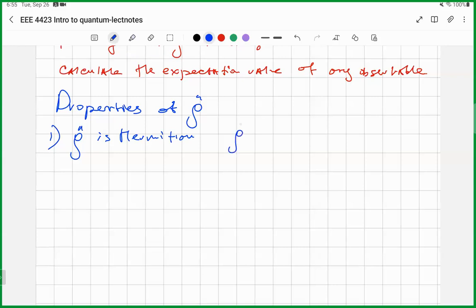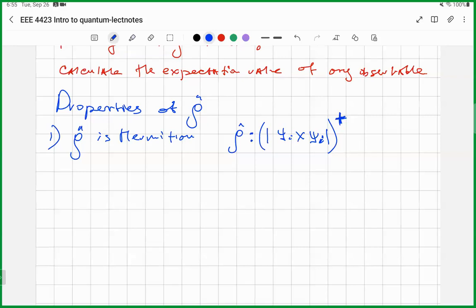Since the density operator is defined by this construction, |ψ_i⟩⟨ψ_i| times the classical probability, which doesn't affect anything because that's just a number, right? So if you take the Hermitian conjugation,